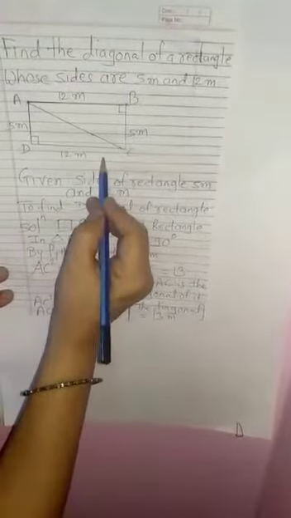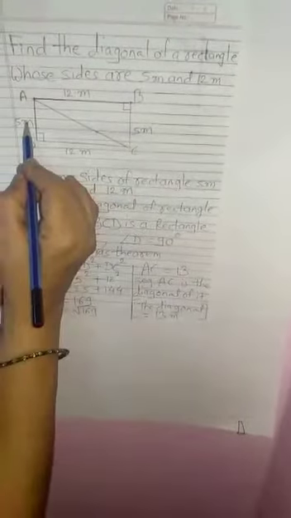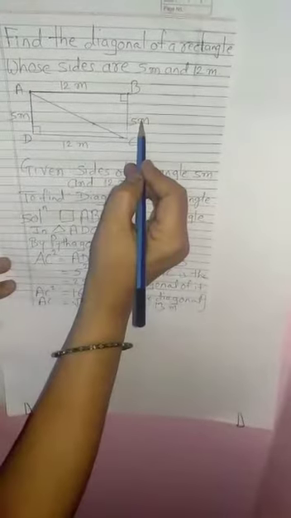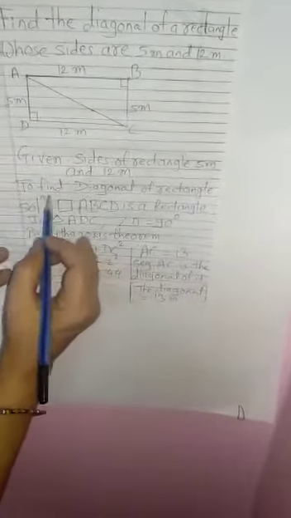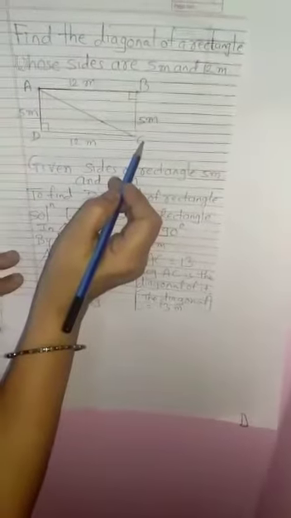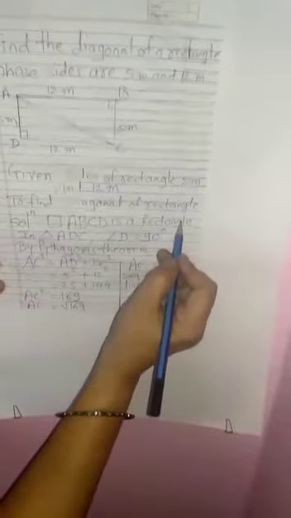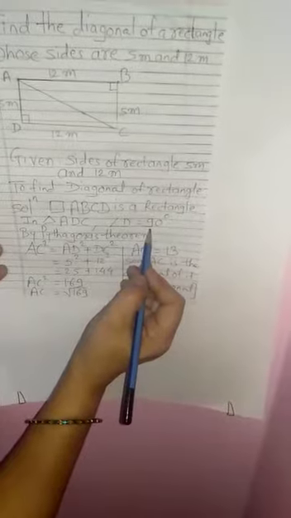So 12 meter is length and 5 meter is breadth. This 12 meter, so this 12 meter, this 5 meter, so this 5 meter, opposite side property. To find the diagonal of the rectangle. So here in the figure AC, one diagonal I have shown. Solution, quadrilateral ABCD is a rectangle. So all angles of a rectangle are right angle. I have taken triangle ADC where angle D is 90 degree.